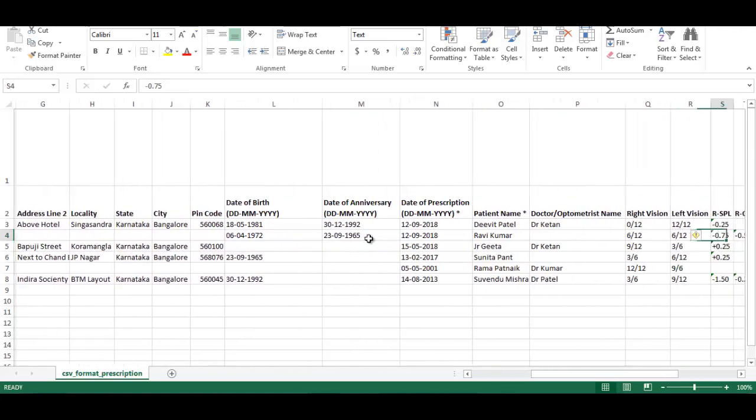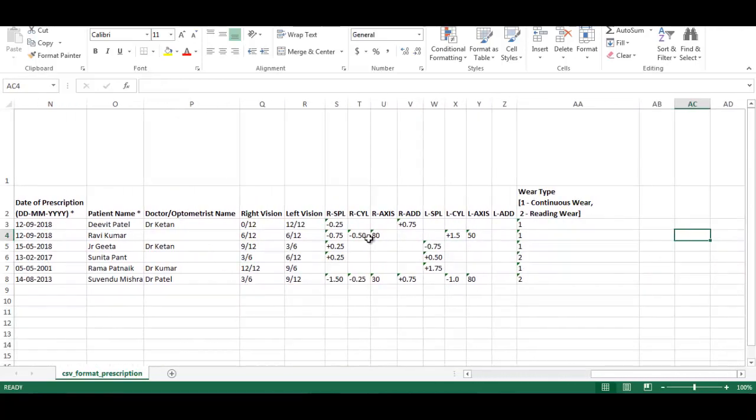As you can see here in the prescription data, we have a patient name. If you don't have a patient name, you can always copy the customer name into the patient name. But in our system, as you know, we have a separate field for patient name, because a customer can come for his wife, daughter, son, father, or anyone. At the same time, we have the doctor or optometrist name or the referral. That is also not compulsory. In some places I have the name of the doctor who referred the patient, and in some places I might not have it, so I just leave it empty.